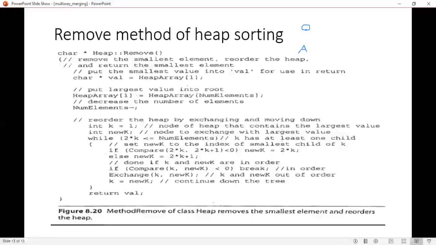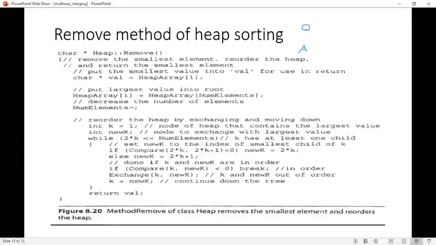How to reorder? Int k is equal to 1, initialize k to 1, and int new k, the node to exchange. While 2 into k, that is the left child, is less than or equal to number elements, that means you are checking if k has at least one child.